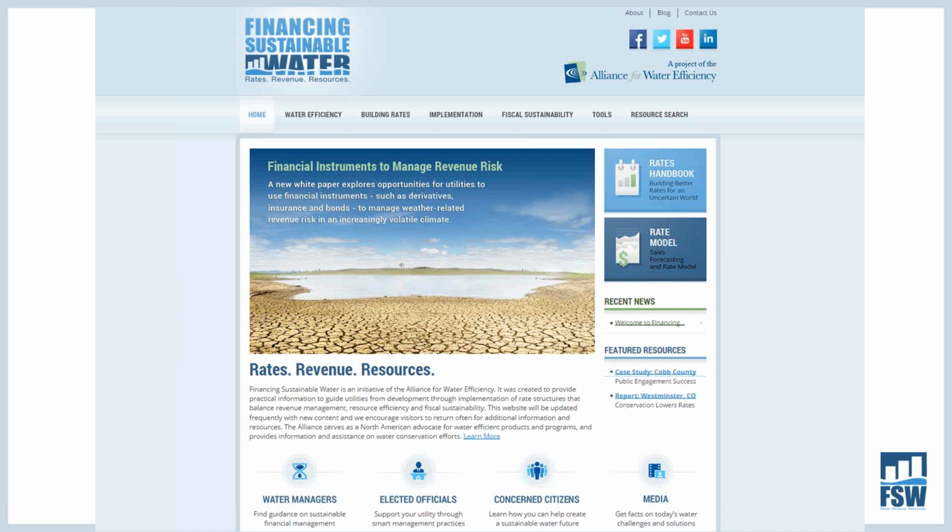As you'll see on the capture here, there are clear buttons to access both of those resources as well as their supporting appendices and user guides. You're just asked to complete a simple registration form so that we can inform you when there are new versions available. This website was created to house these resources, but also to bring together relevant resources in one place that touch different aspects of financing sustainable water.